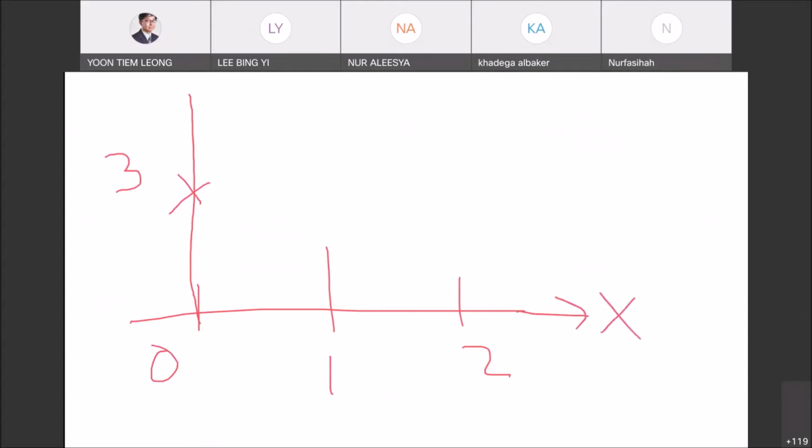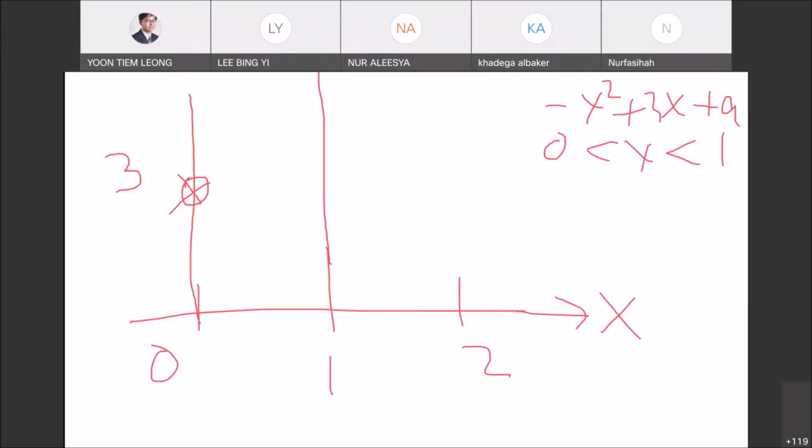Then the function between 0 and 1 is a parabola, in the form of minus x squared plus 3x plus a for x between 0 and 1,